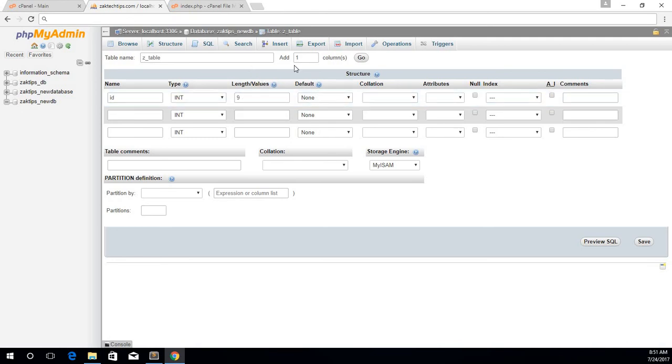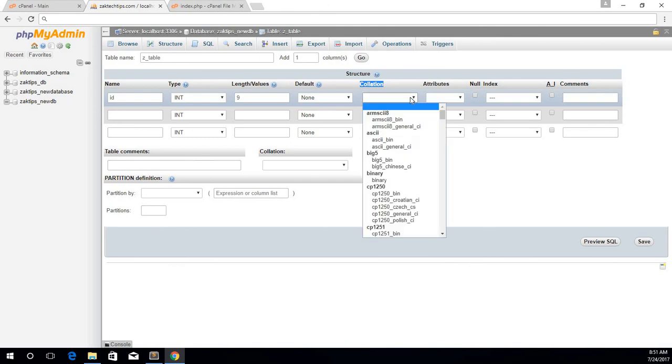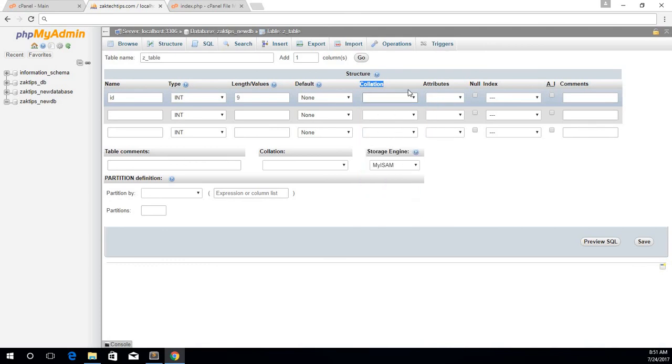Okay, so now that's done. I'm going to actually skip the default, the collation. This is just the encoding type, basically how the computer reads the data based on how it's broken down, and that's like UTF-8, all that stuff. I'm going to skip that for now, and you can go and read about that if you want, but most of the time just use UTF-8. I'm not sure if I'm using UTF-8 in this or not, but UTF-8 is the most ubiquitous encoding or collation